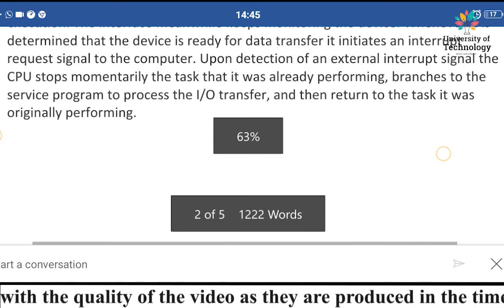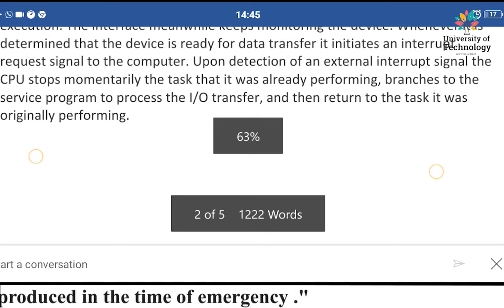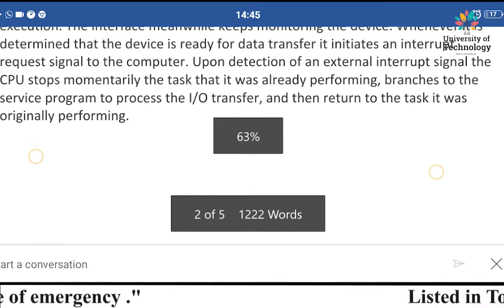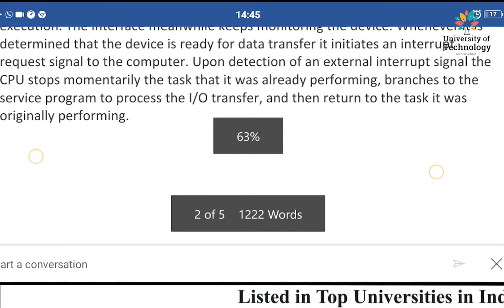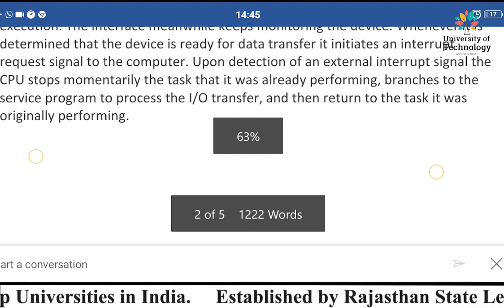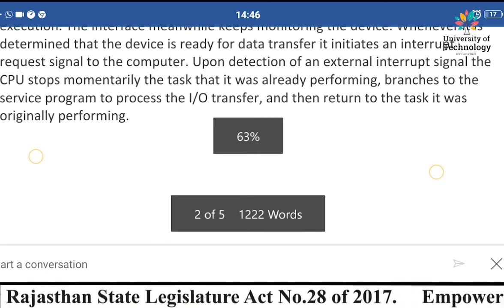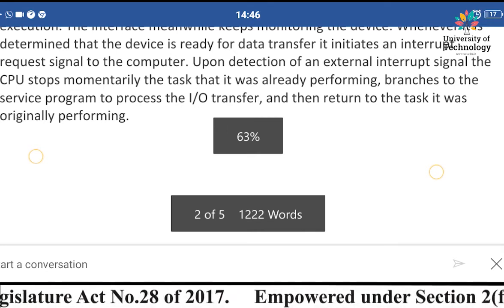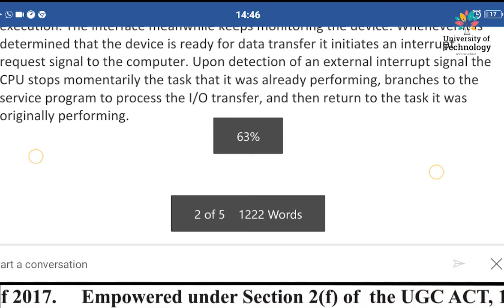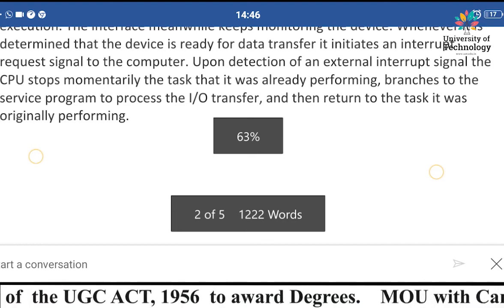the CPU stops momentarily the task that it was already performing. So when the interrupt is generated, the CPU is doing some task, busy in doing some task. All of a sudden, the interrupt is generated, and whatever task the CPU is doing at that moment, it has to stop doing that task and branch to a service program to process the input output transfer, and then it can return to the task it was originally